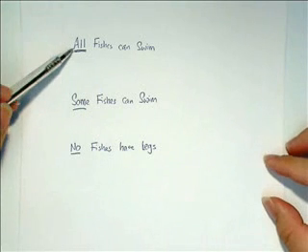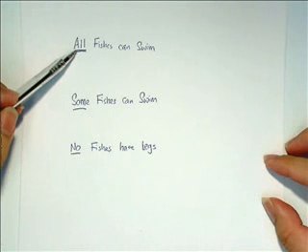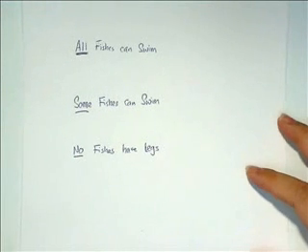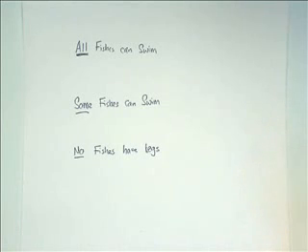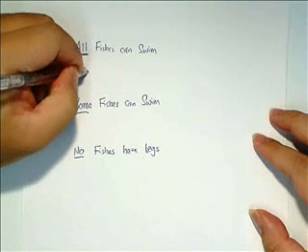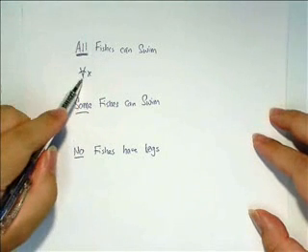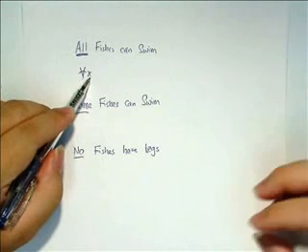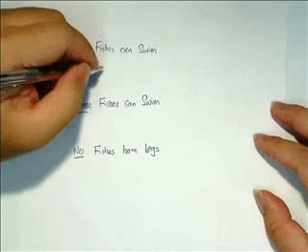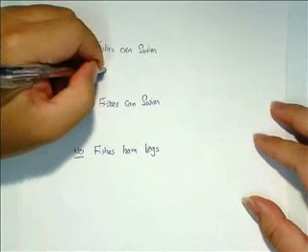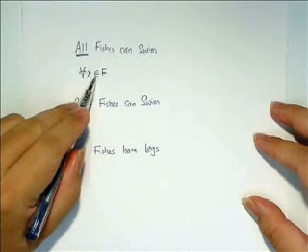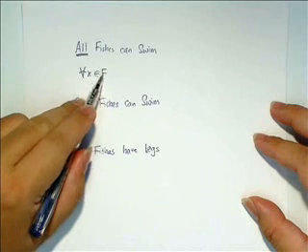The first type of statement, the "all" type, has actually two ways to represent it. The first way is to make use of a predicate and a domain. We have this symbol, for all x. This symbol means "for all". X is just a placeholder. So for all x that is a member of set F, this is "member of". So for all x that belongs to this group F,